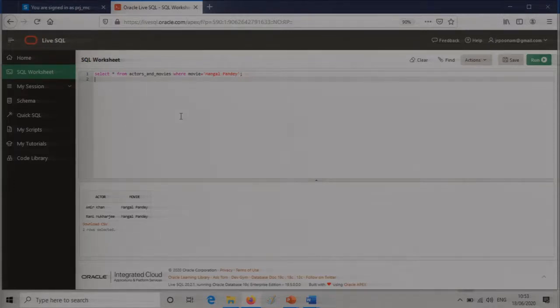view name is actors and movies. So what is actors and movies? Actors and movies is not an actual table which exists in our database. It is just temporarily created. It will be created for the time being, which extracts different material from different tables, but we can handle it like a regular table.